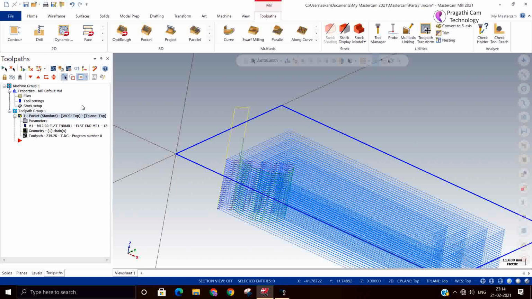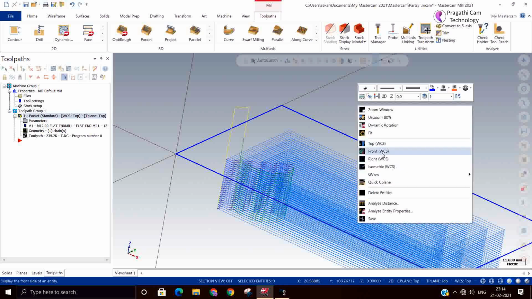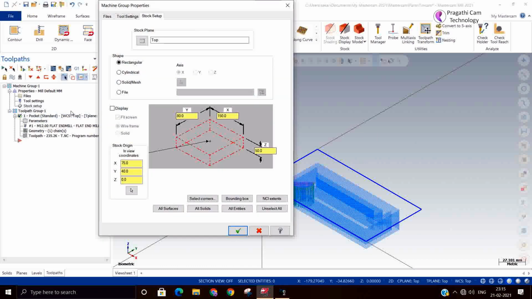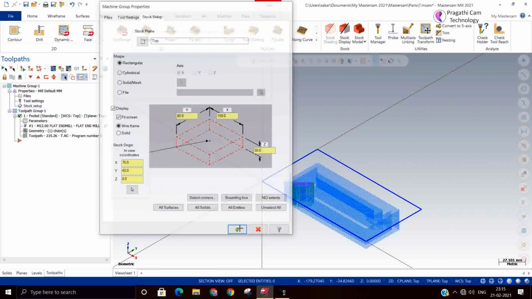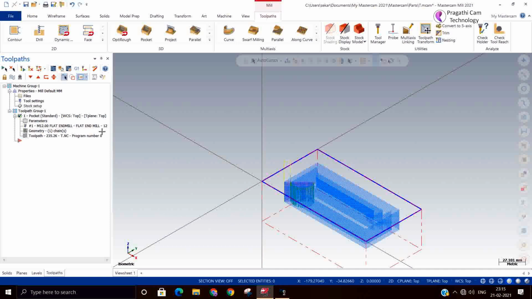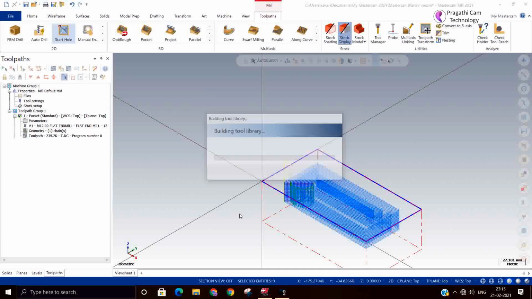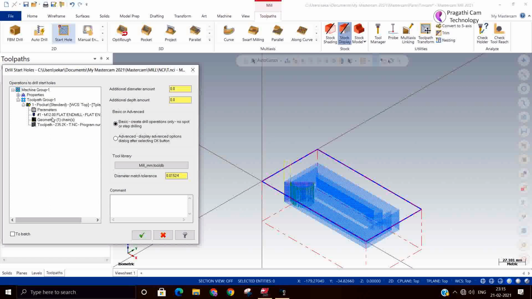In that place, if a hole is there, then the entry and exit will be very nice. So where exactly do you want to make that particular hole? By analyzing this tool path, this start hole will suggest where to make the exact hole. So this is how this is working. I will select the start hole. This is the tool path I selected.